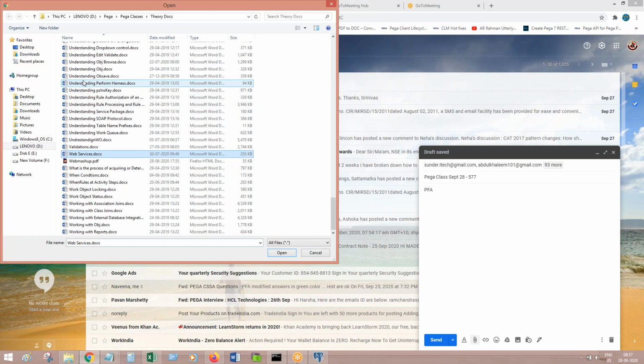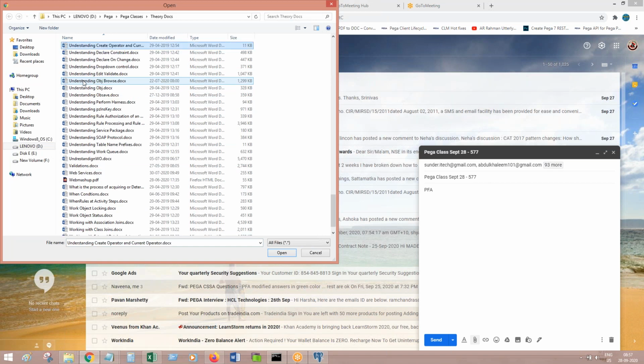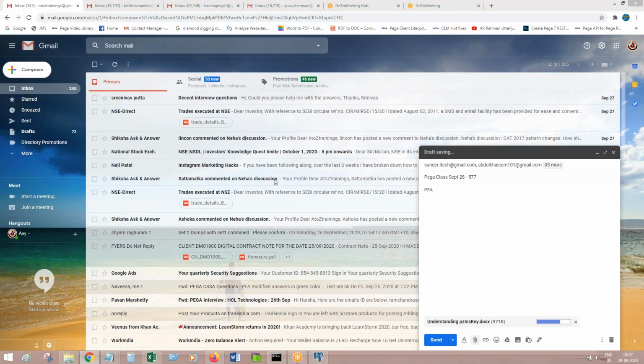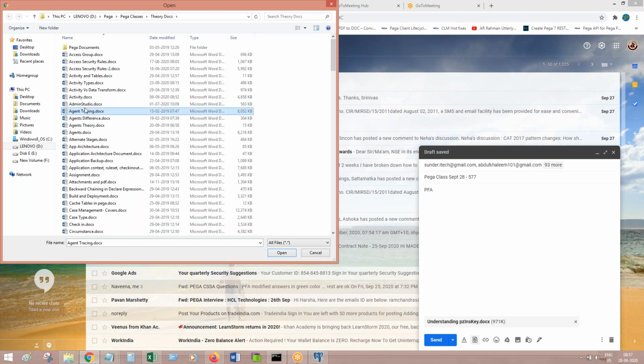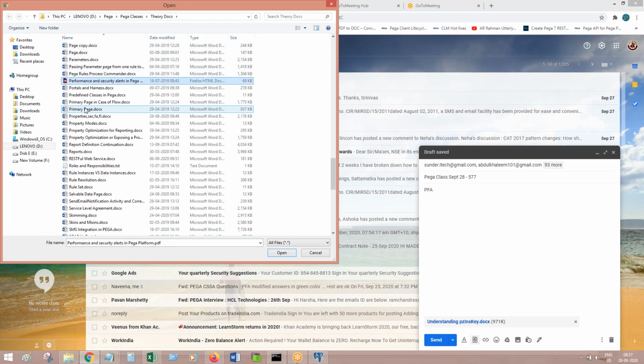Actually, OBJ open and OBJ open by handle both have the same behavior, like the locking concept and release on commit. Everything is same, but one difference is OBJ open uses the class key to fetch the record, while OBJ open by handle uses the primary key.